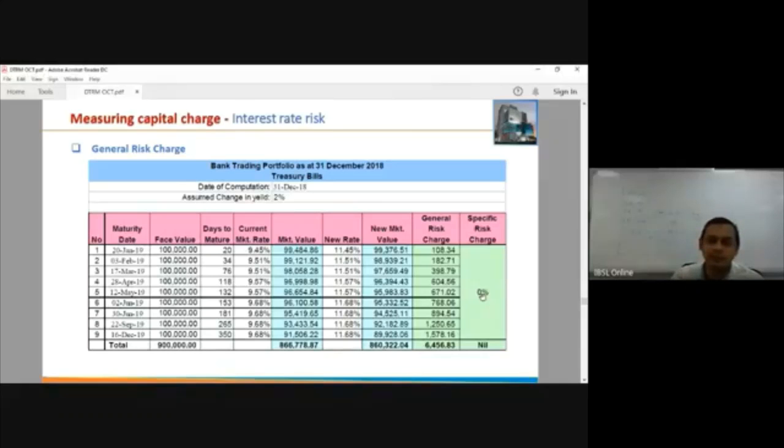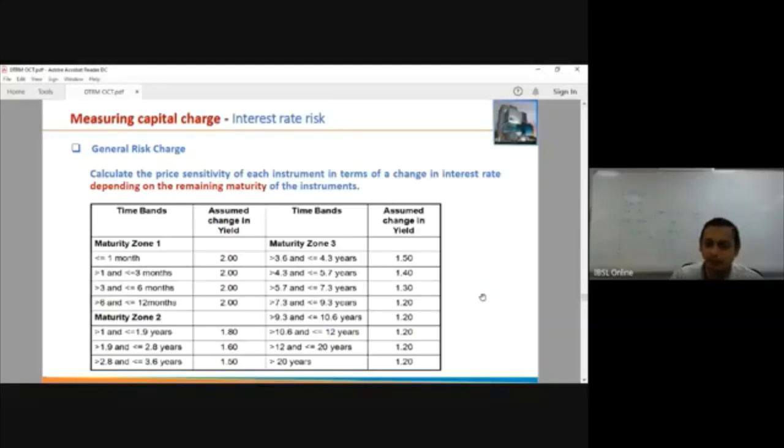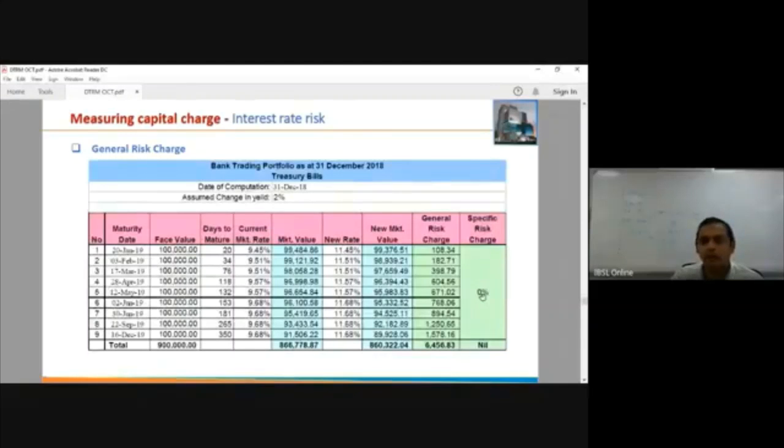The regulation says if any instrument issued by the government of that country, if the Sri Lanka government instrument, right, then the specific risk charge is 0. So you have only general risk charge of 6,456. Okay. Now we'll go to the